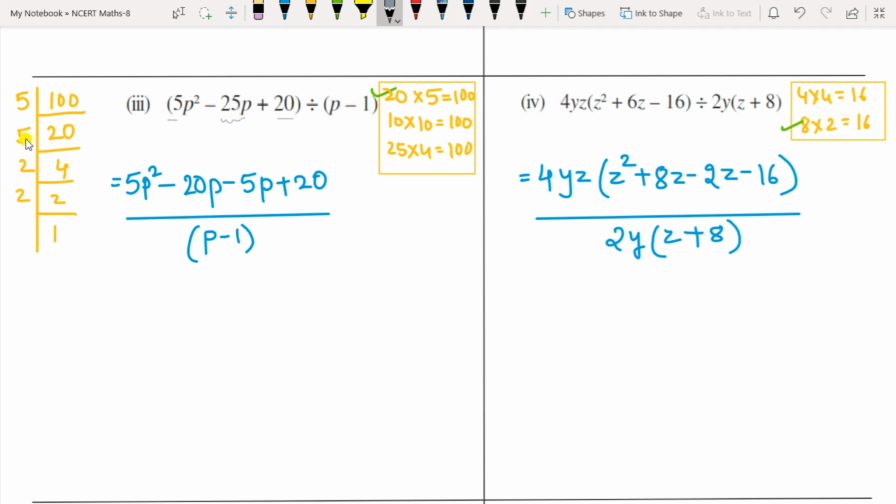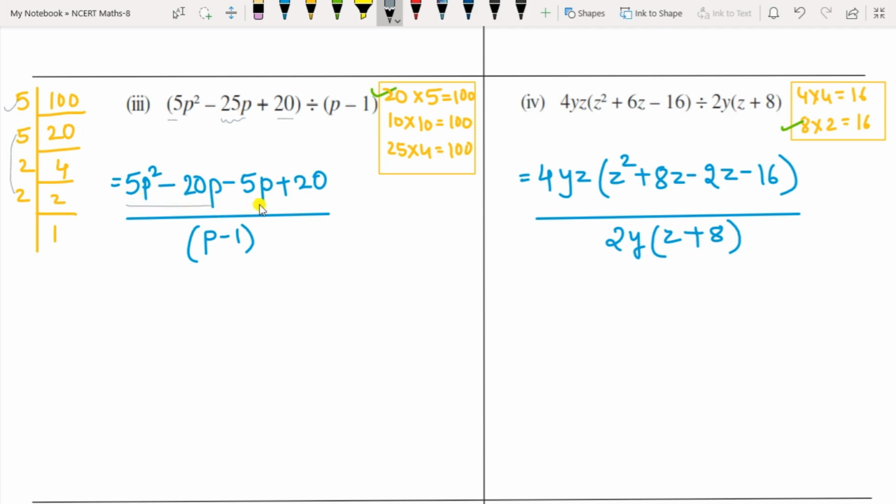Now you can see that 10 tens is 100, 25 fours is also 100. But which terms do you have to take so as to get 25 as the middle term? So you can take 20 and 5. 5 fours are 20, and this 5. So like this you are getting 25. And since this is minus, 20 and 5 if you add you are getting minus 25. So put minus on both of these.